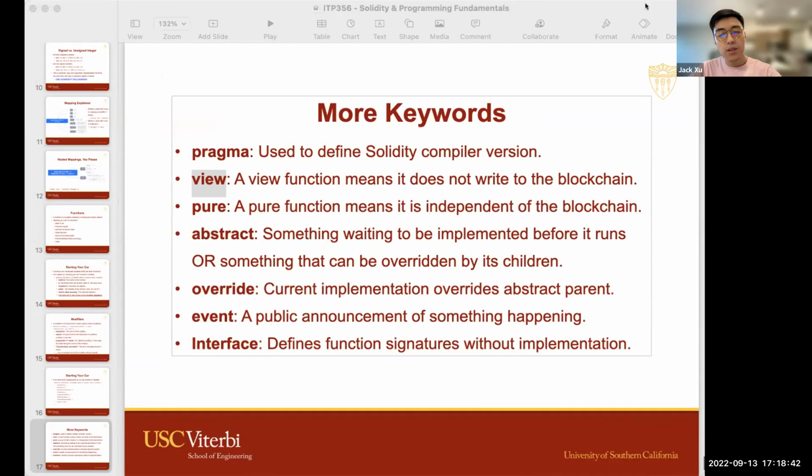Oh yeah, yep. So they are still bound by the gas limit. It's just that you don't have to pay anything because there's no transaction happening, but because it's still computation, it's still bound to the gas limit.